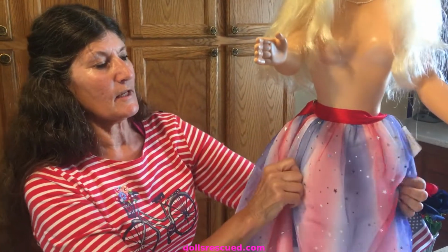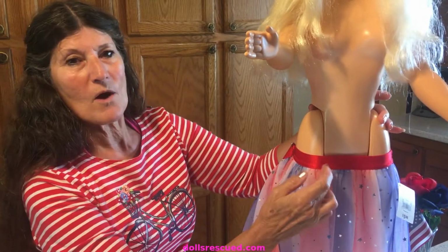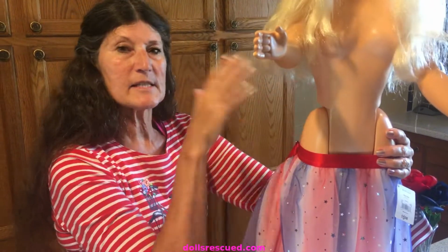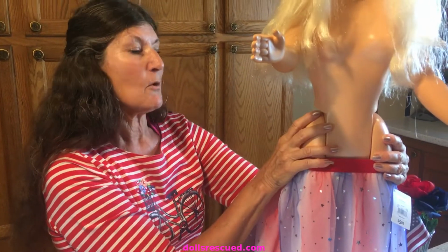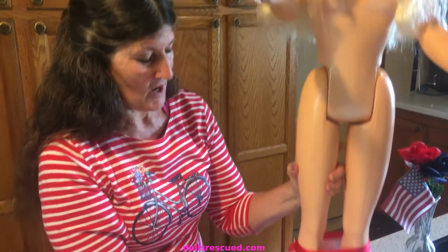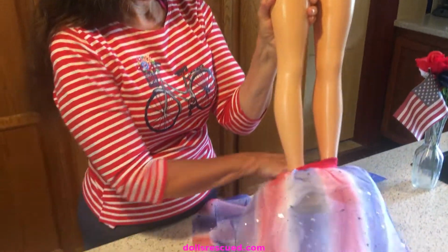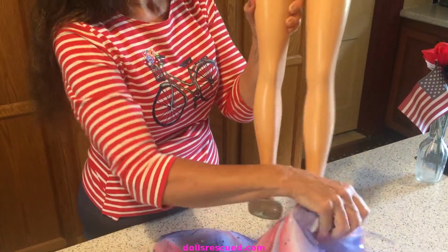And then what I did was I slid that down slowly on her hips. You do not want this too tight or it will pull the legs in and snap. It won't snap, well, it could. But what it can do is loosen your legs so they're not tight and right anymore. So when I pull this off, because that's where I want my seam to be, and get this over her feet maybe,